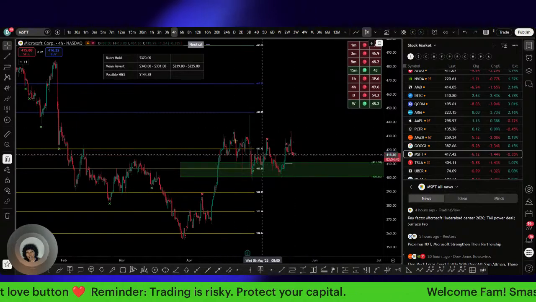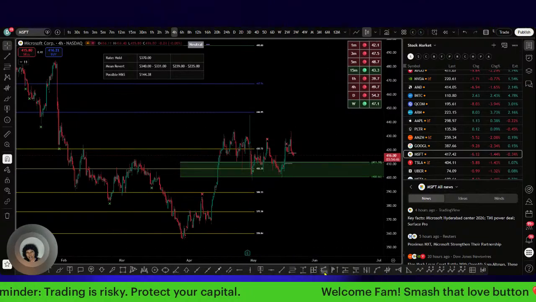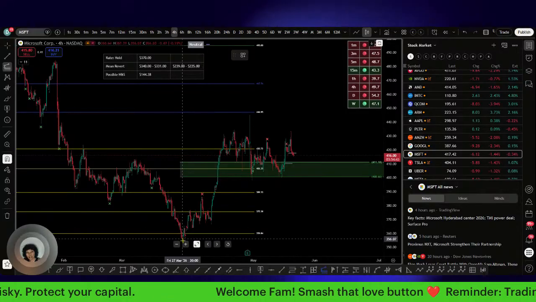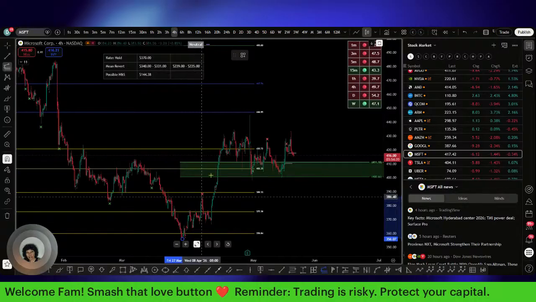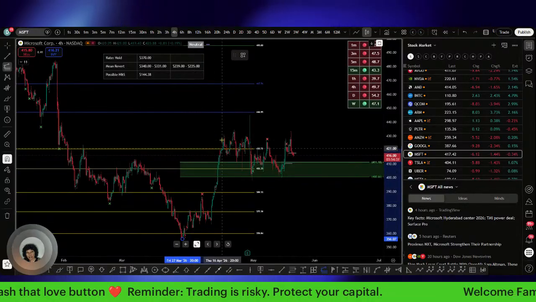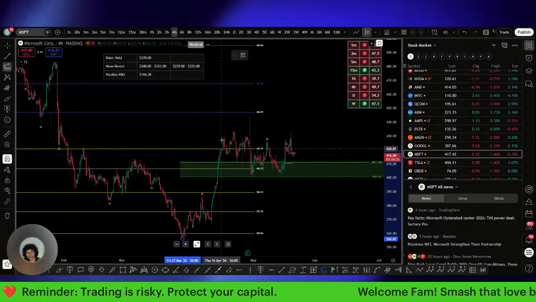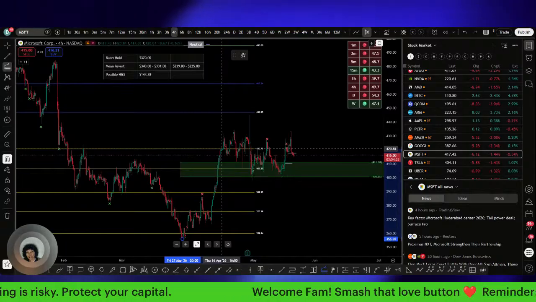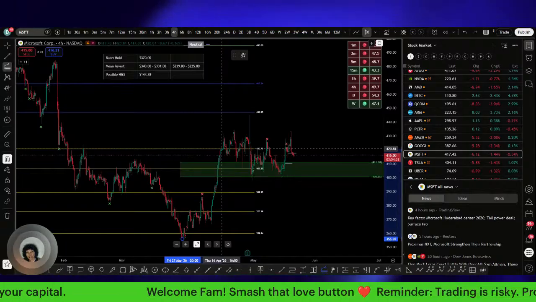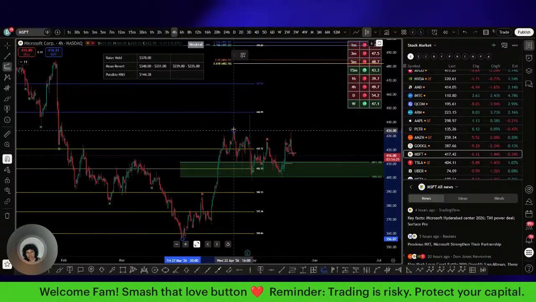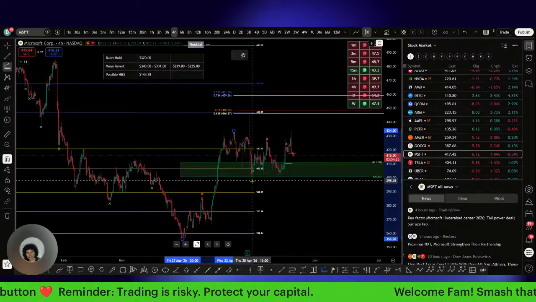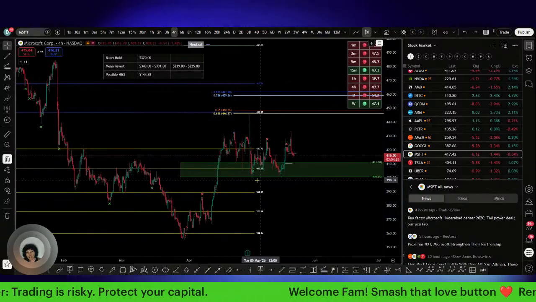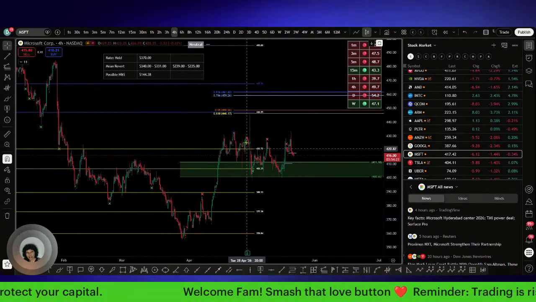But maybe that's what that is too. So let's just see. Trying to make sure I'm on the low. I might not be on the low. I don't want to include that wick just because it looks like it was a liquidity grab. I really don't want to include it. I'm going to go without it for a sec. Just know that I might be wrong going without it. I might have to add it in here. I don't like that wick though.